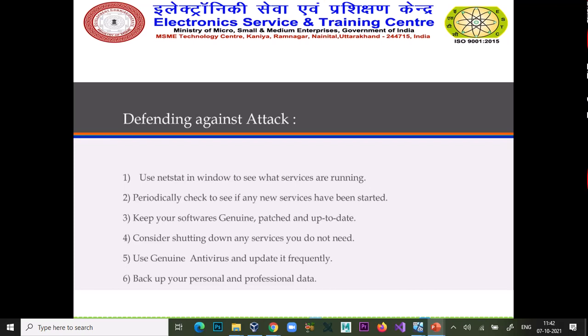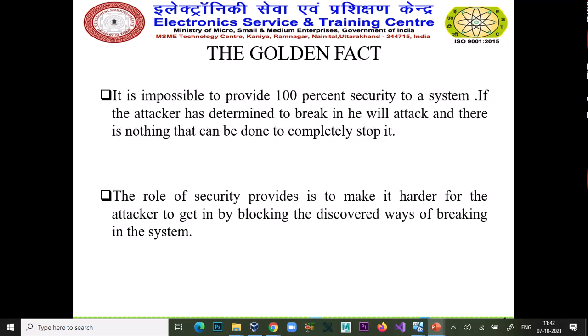It is a very common thing. Golden fact: it is impossible to provide 100% security of a system. But if a hacker is determined to break in, he will definitely break it.